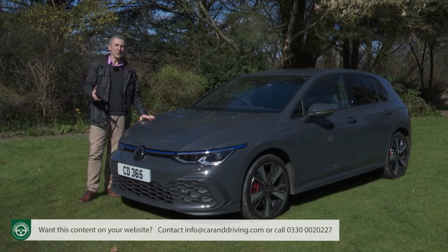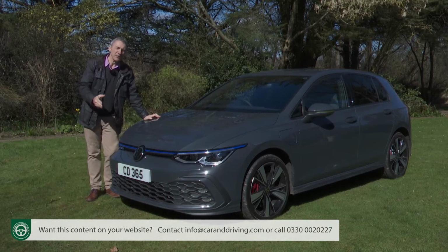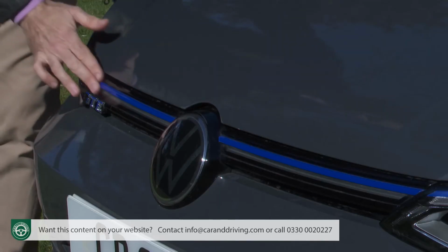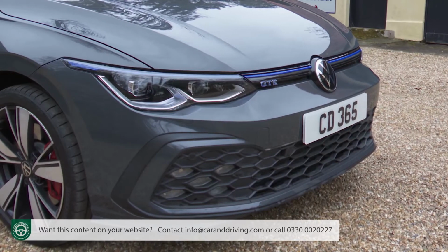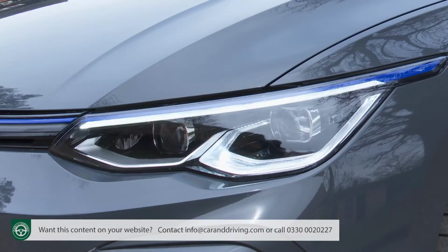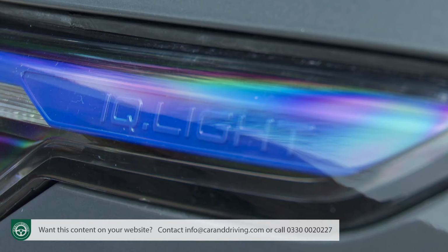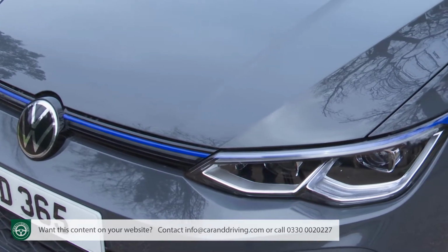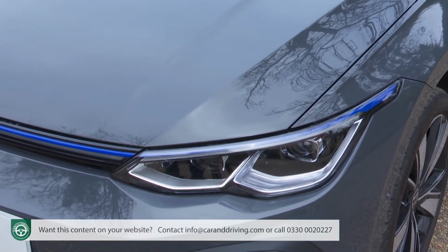Actually, there are a few other visual giveaways for this plug-in model, and you'll notice most of those here at the front. Just above this GTE badge, there's a unique blue strip running across the radiator grille, blending into the lower, more menacing nose, which is a feature of this 8th generation Golf design. Full LED headlights fitted with the brand's intelligent IQ light matrix beams are standard, and an LED strip in each